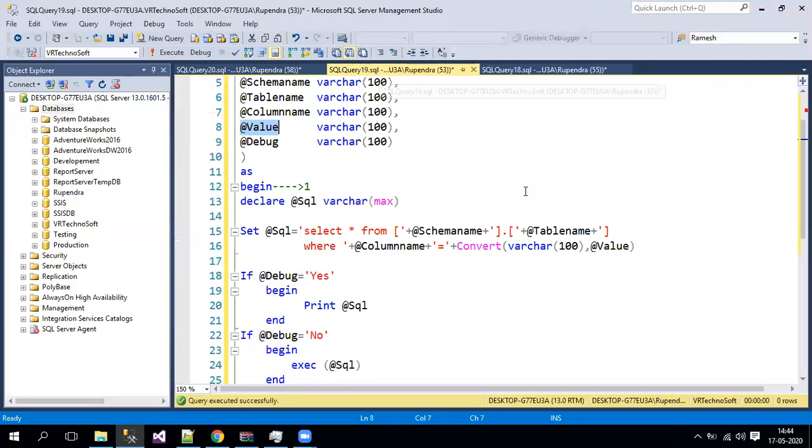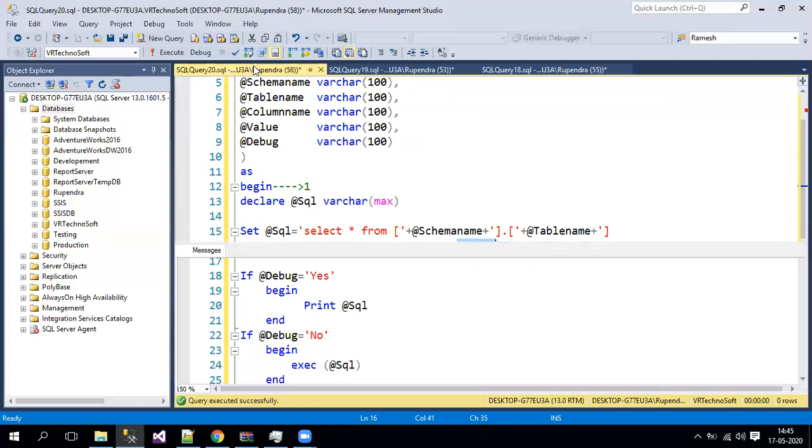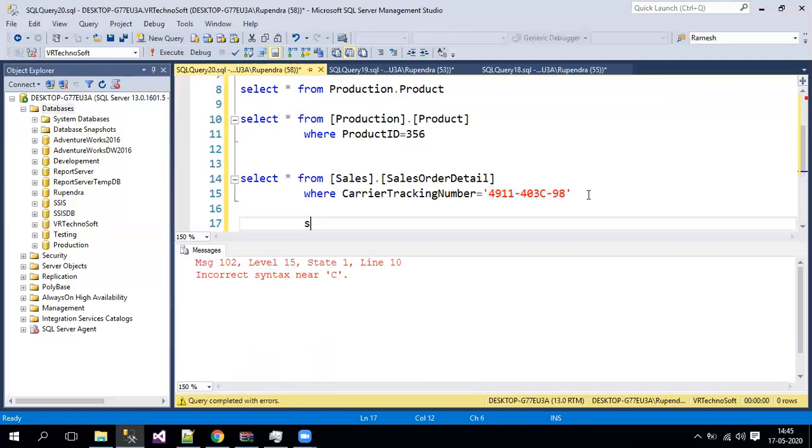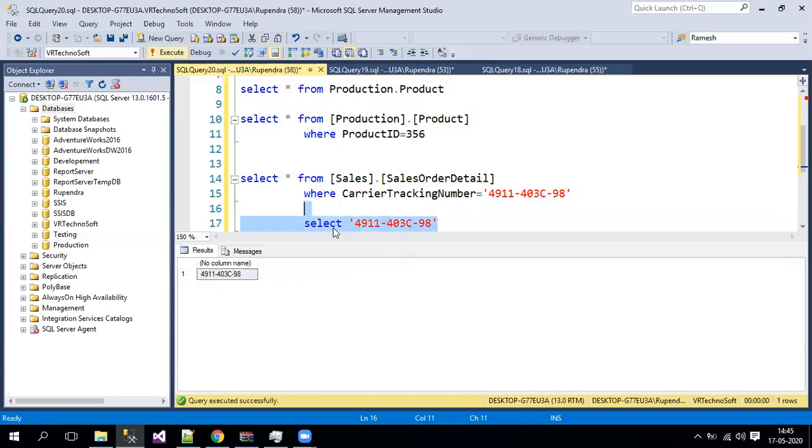So let me show you now. You no need to convert it because it's already a varchar, right? Let me directly keep this value. Yes. Now we just need a single quote for this value, correct? Now what you need to do is to get those single quotes. So let me show you over here. For example, if I'm passing, this is a simple example, if I'm passing like this, select this one, the single quotes will be gone.